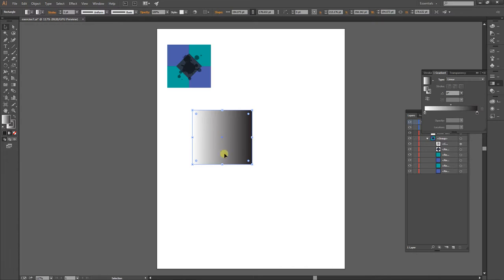There we go. So I have this object selected. I make sure this is in front. Now it defaults to a black and white color scheme, which means we're going to have to kind of trick it a little bit into putting color into here. So this right here, this bar, is sort of a preview of what the gradient is. And it shows up here because you can actually move the gradient to like going off of this shape and things like that. But these two little house boxes here are showing you what colors you're going between. So if I double click on the one that says black,